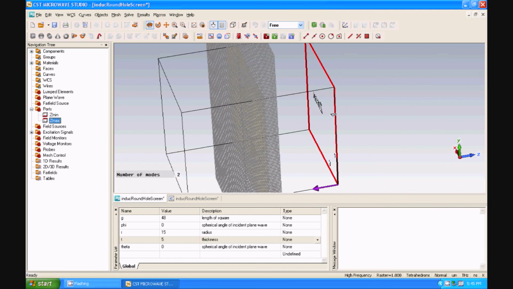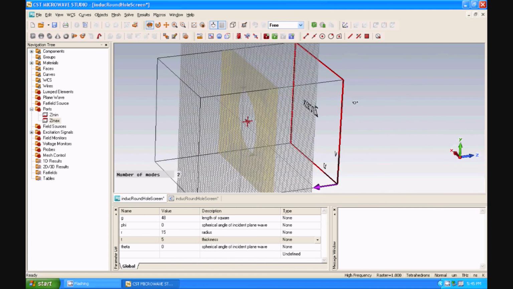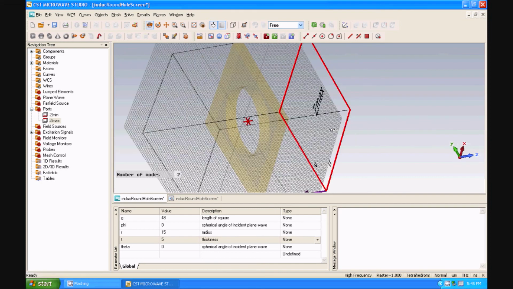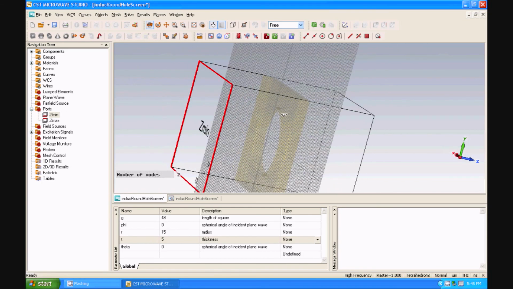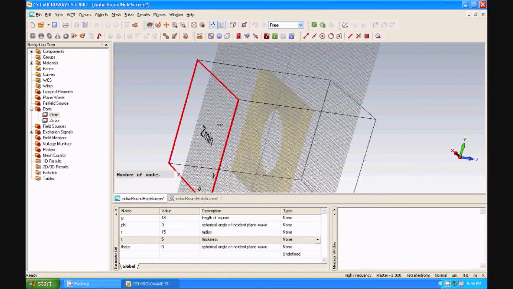Now, another thing to realize with these mode ports is that you have to specify a certain number of Floquet modes. And to get to this window right here, you have to double click on this. Let me show you. You can double click, or you can right click and go to properties, and the number